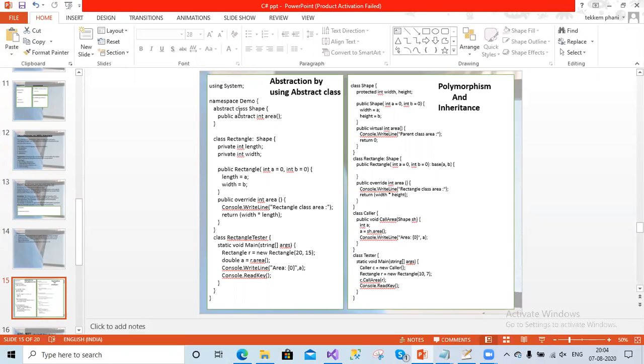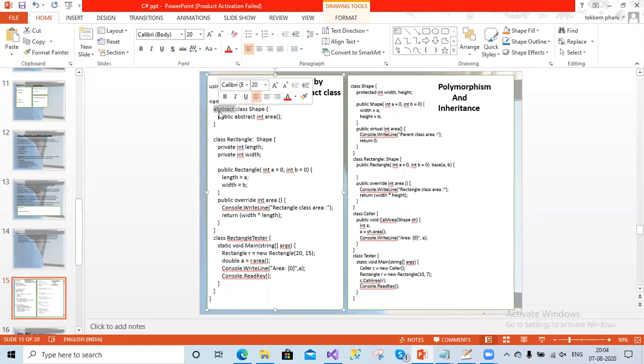Let us say for creating an abstract class, we have to use abstract before the class. Inside the abstract class, we can write some methods, or we can just declare some methods. And when you have an abstract class, that class should be inherited in the child classes. Then we have to implement these methods like an interface. Let's say we have an area as a method within the shape, which is an abstract class, and this area method should be implemented whenever you are inheriting the parent abstract class within a class.